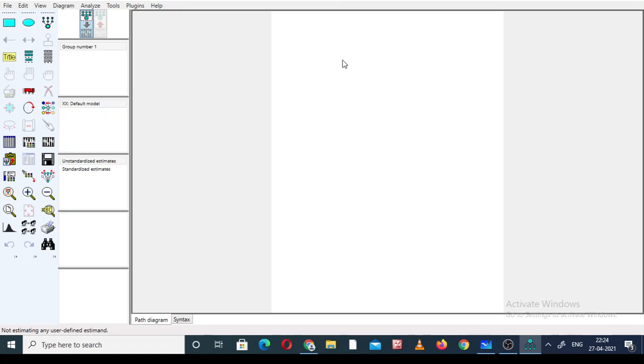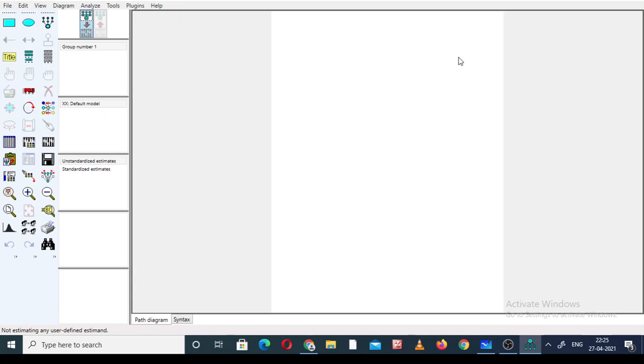If you are working on a commercial basis, I suggest you go for a license, the paid version. Otherwise, the free version is okay. If you are just doing a PhD and require it only for your data analysis, and after completing your data analysis it is useless for you, there is no need to pay a huge amount. And if you are working on a commercial basis, then you require it all the time, so you go for the paid version.